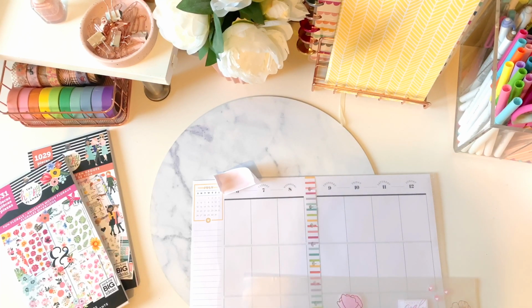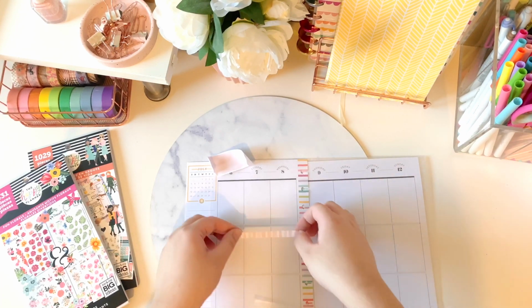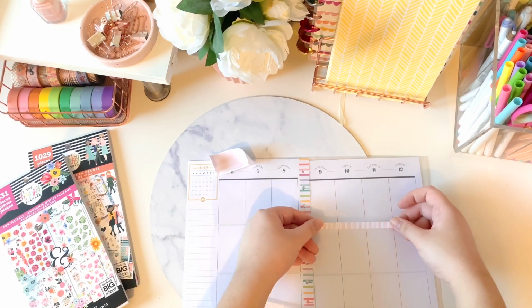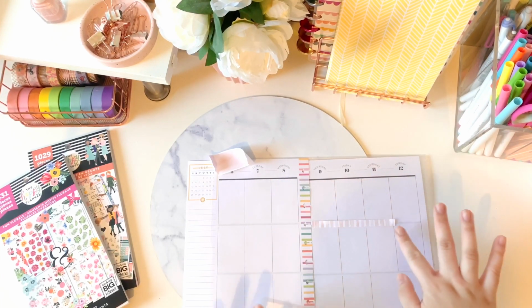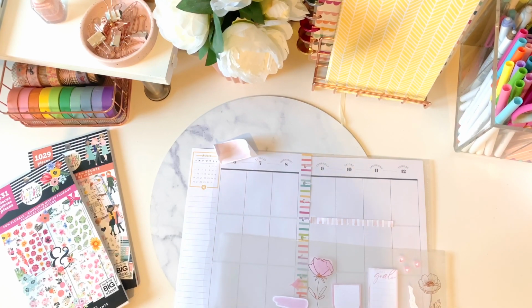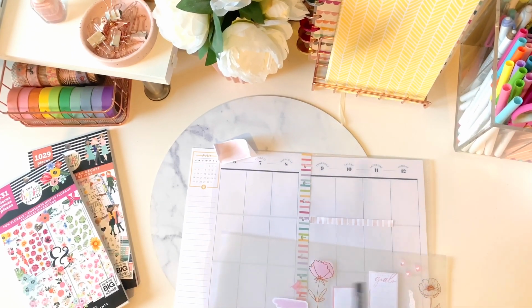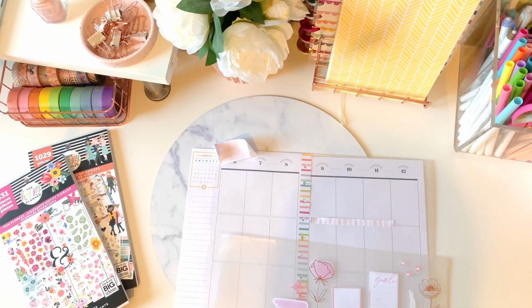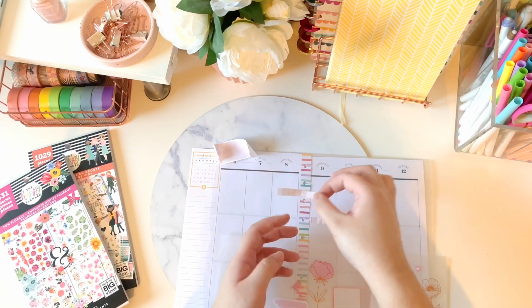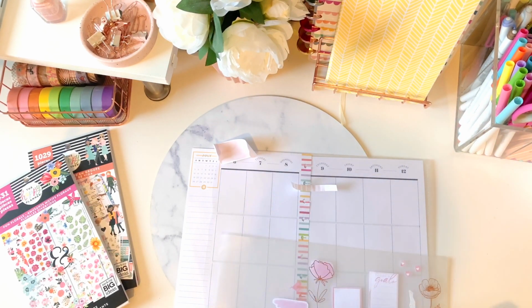Because it's the slightly longer one, I was thinking of putting it on this side, or I can always swap it out for the shorter one to put here. But I do think I like the look of this. We could layer something over here. I'm kind of thinking I should swap that out for the shorter one, even if I'm going to use it on this side, just so there's not too much space. Let's have a look. This one. So let's pull this up gently and try and place it back in the book just for now, for safekeeping. Alright,